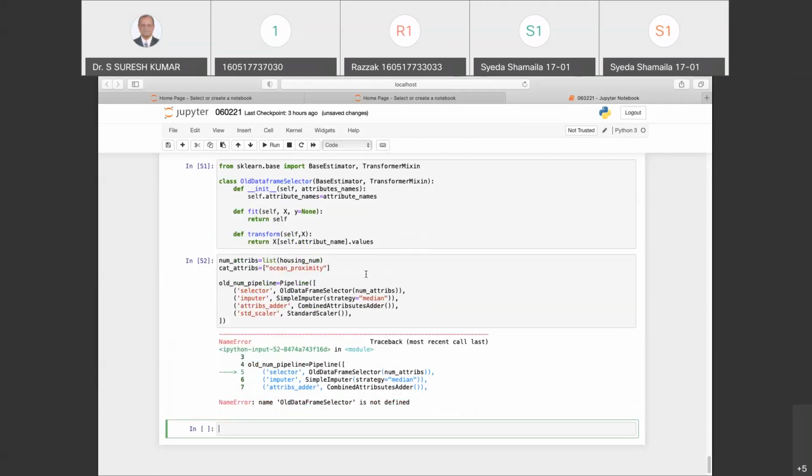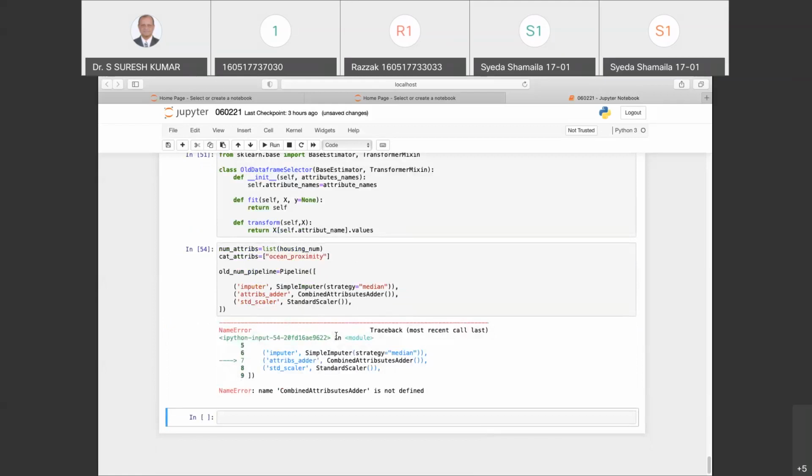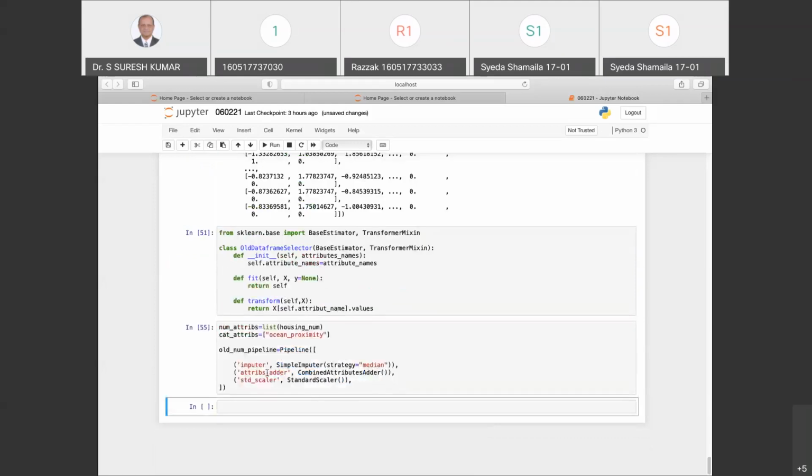Let me make this. Oh, one second. Combined attributes, spelling of attributes, attributes adder. Yeah, wonderful. Now this is for the numerical pipeline.